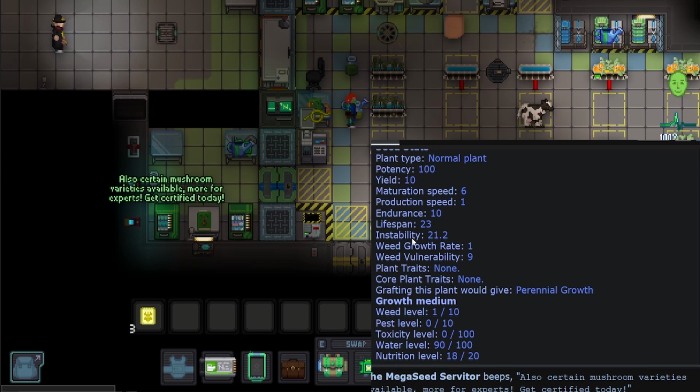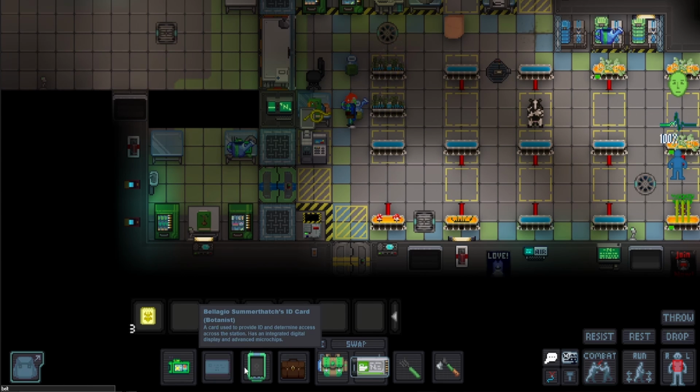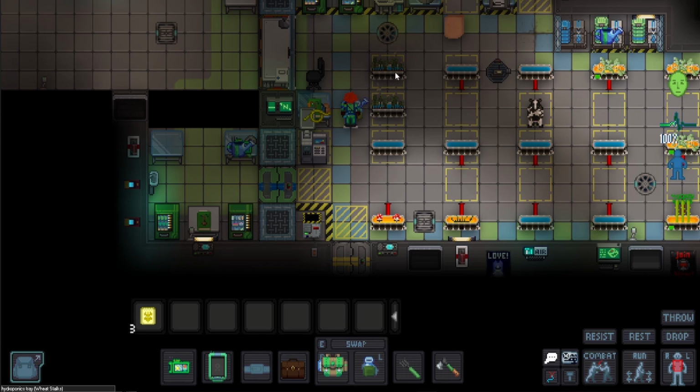But you can grow different kinds of species of wheat. Again, every plant can mutate. You really want to play around with this as a botanist. Look at the wiki. Every round, play with different plants. Everything that you're not using, give it to the chef or the...